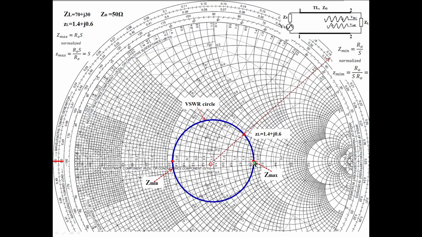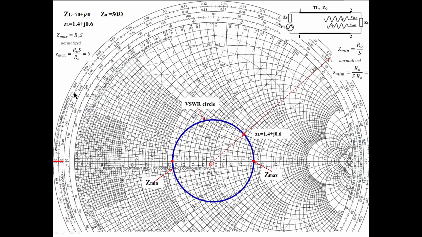That is done using the scale provided on the Smith chart. This is the wavelength scale, written as wavelengths towards the generator. Using this scale as a reference, its starting value is 0 here. Don't get confused: for wavelengths towards the generator, you should take the values written above this circle.